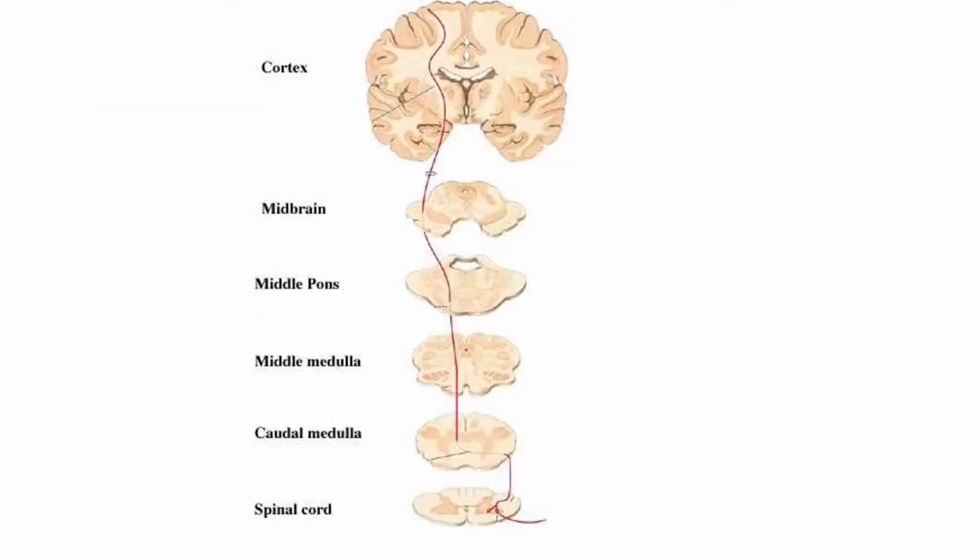The other example we are looking at is the motor, the descending tracts. This is one of the descending tracts. The story starts at the pre-central gyrus, area 4, where we decide to make special movement. Then from the cortex, the fibers will collect and pass through the internal capsule, going down to the midbrain